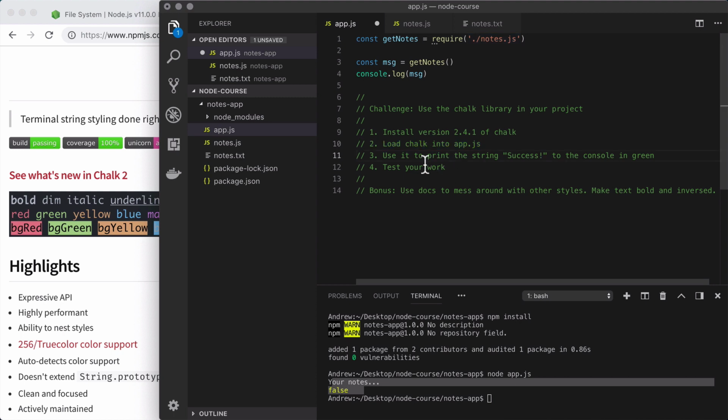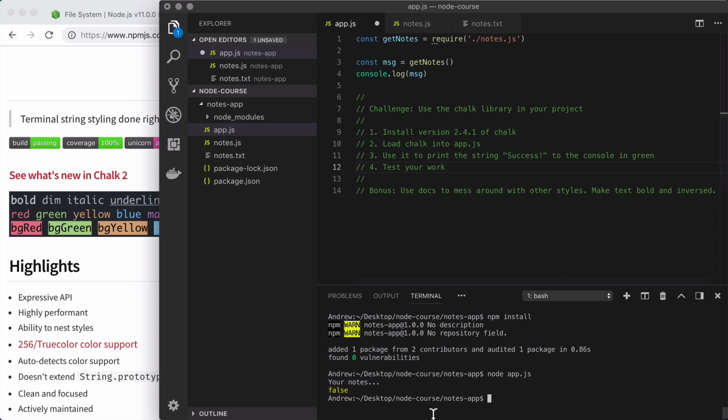Then you're going to use the Chalk library to print the string success into the console with green text. So green text would look a bit like what we have over here, though the exact shade of green will depend on your operating system and other display settings. Now, once you have that done, you're going to test your work. So you want to run our script after saving it, and you should see the green text success down below